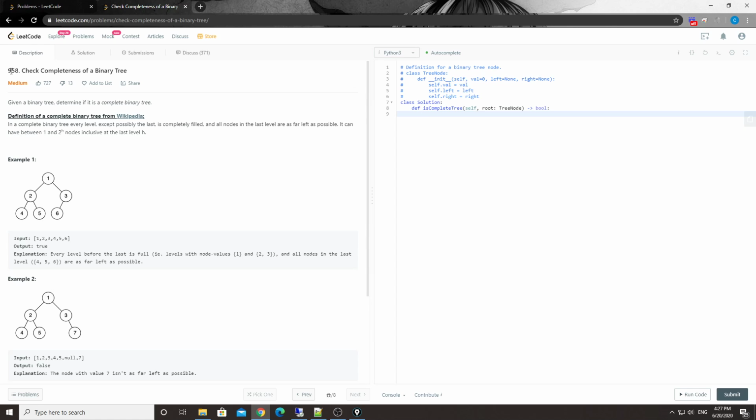So today we're gonna talk about number 958, Check Completeness of a Binary Tree. For those who don't know what a complete binary tree is,